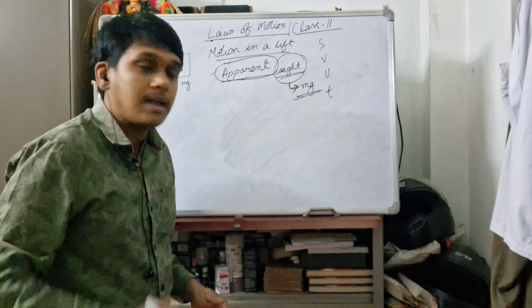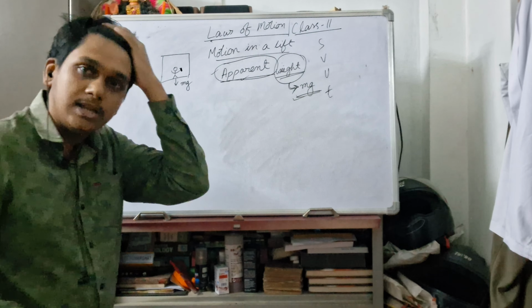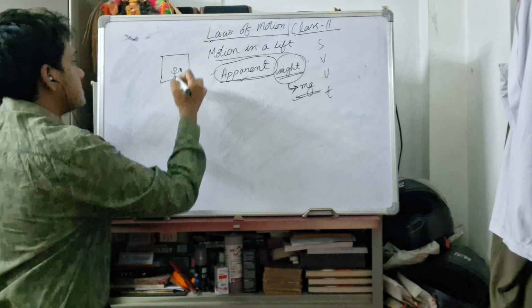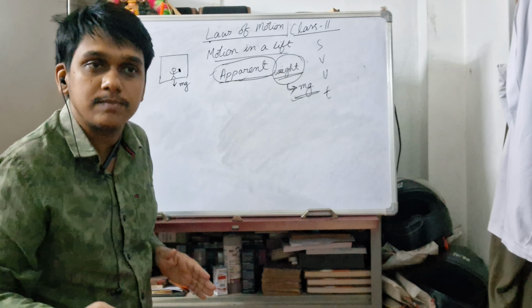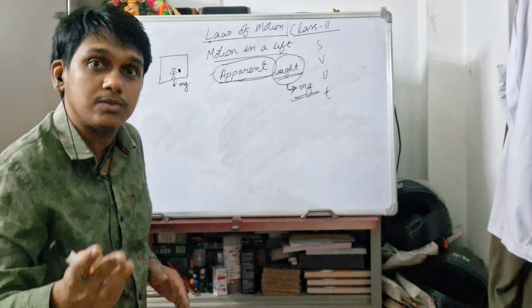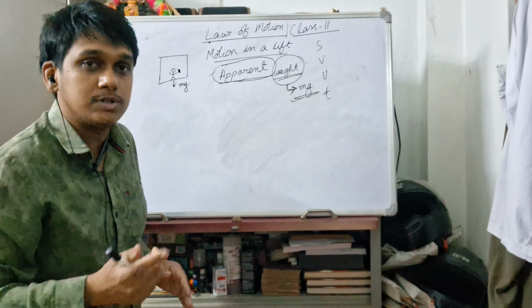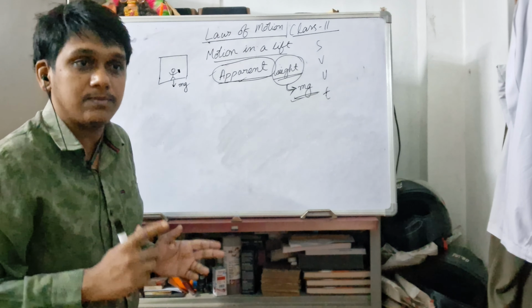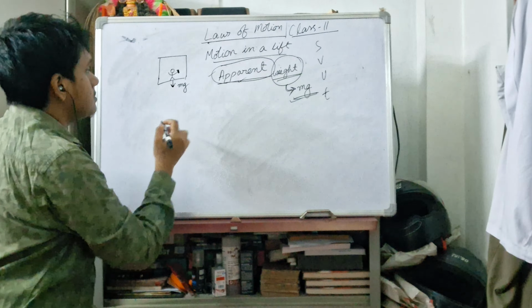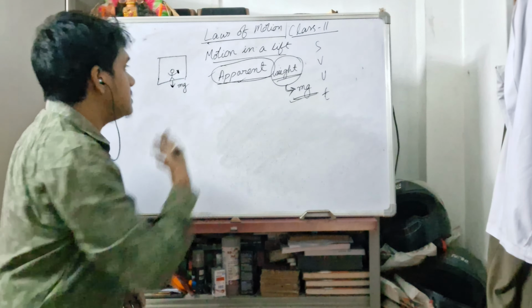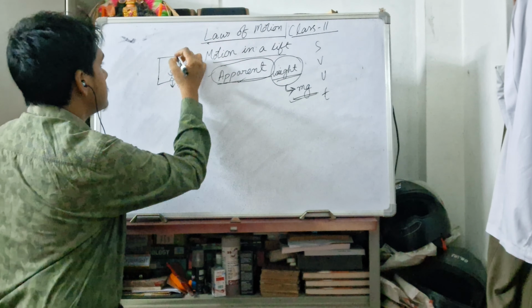You know the laws of motion and also Newton's laws. What did the third law of Newton say? Every force has an opposite reacting force. So if it is mg, there will be another force which tries to balance it,